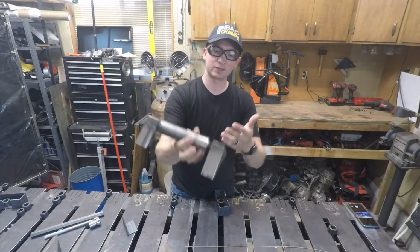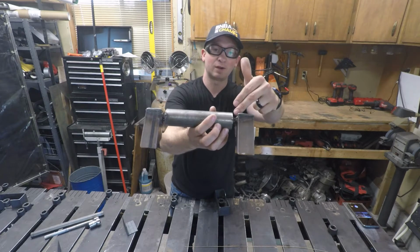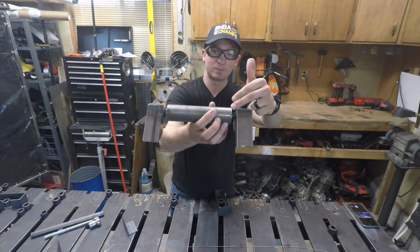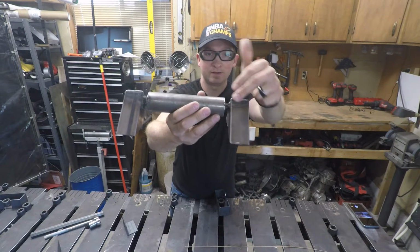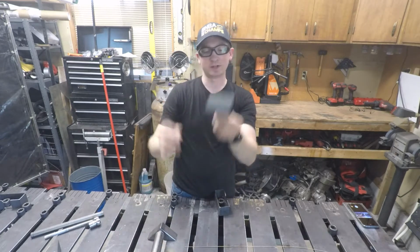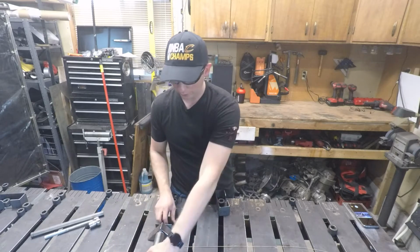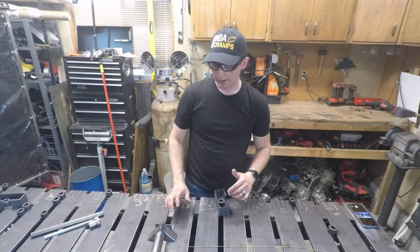We used the bearings out of a Harbor Freight tire, some 5/8 solid bar, and a piece of, I believe, 1¼ inch tube that just fit perfectly onto these bearings. Tacked those bearings in, and then welded this all together. So what I want to do is actually weld some pieces of angle iron onto the sides and drill a hole through the base of these so that this can be bolted down,